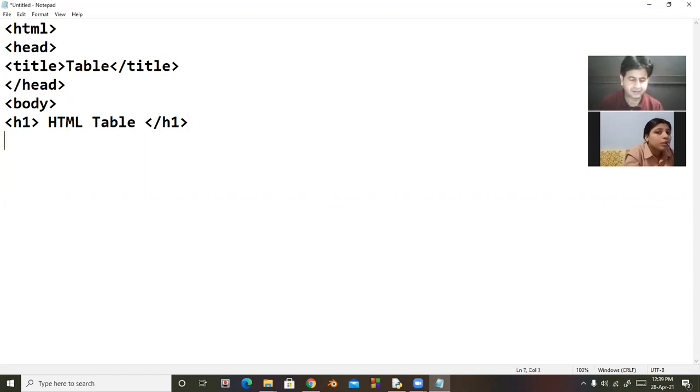and I start table tag. After that, I start here TR and then TD, roll number. In place of TD, I am taking TH.